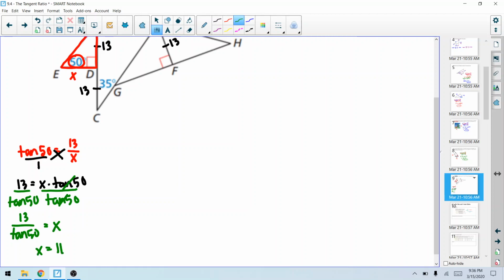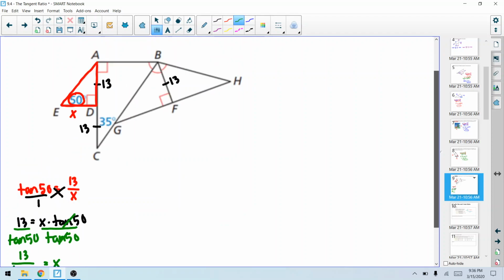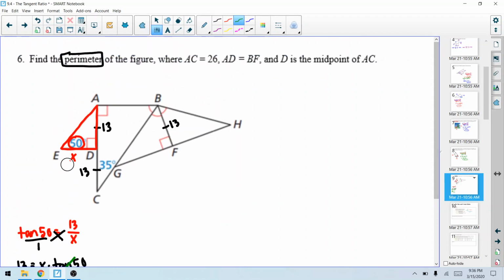So I'm going to round that to 11. So come back up here, get rid of that. I'm going to make that 11. And then I'm going to circle that because that's part of my perimeter. I'm also going to circle this 13 because that's part of my perimeter. I'm not going to circle this 13 because it's not, and I'm not going to circle that 13 because it's not. But then I'm going to come over here